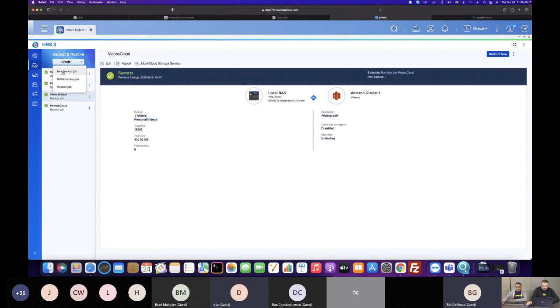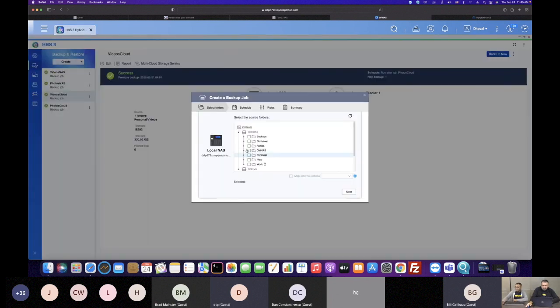So you can also do this particular setup as well. Do an archive to an Amazon Glacier if you don't plan to access that data for a longer period of time. Now, if you do access the data a lot from cloud, then you want to select something else. We do support a lot of other cloud services,